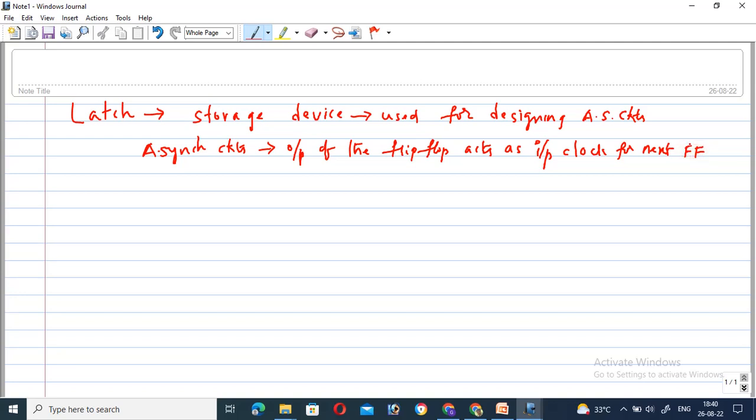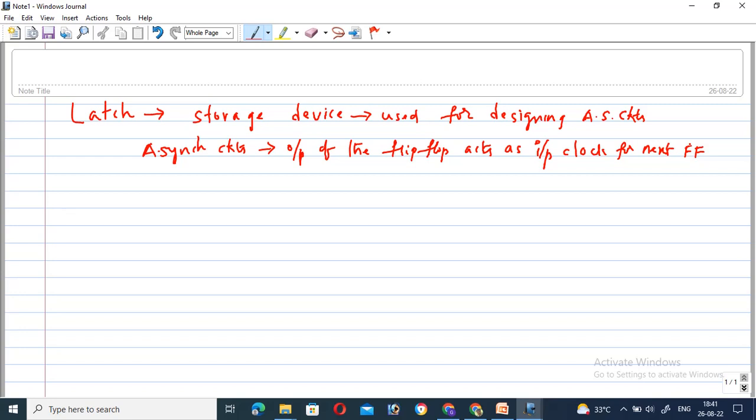So in the asynchronous circuit, the clock for the next one is the previous flip flop's output. So this is generally called asynchronous, or we can also say the clock is not applied to all flip flops at a time. Synchronous means the clock is applied to all flip flops at a time. So that is the only basic difference between